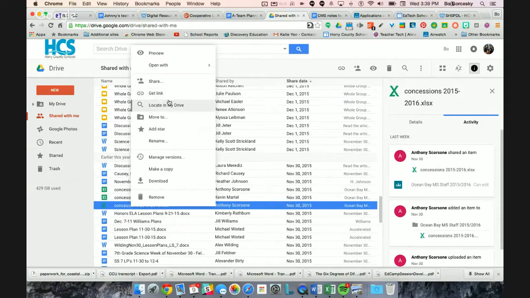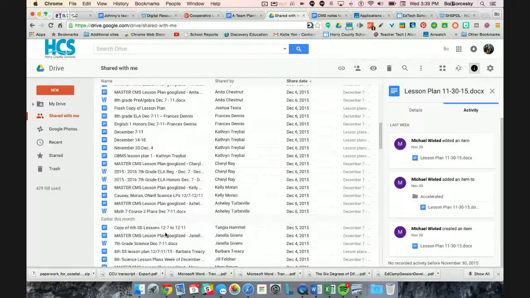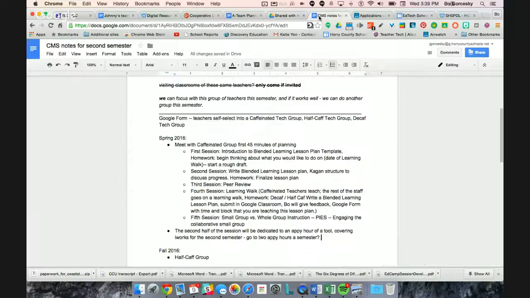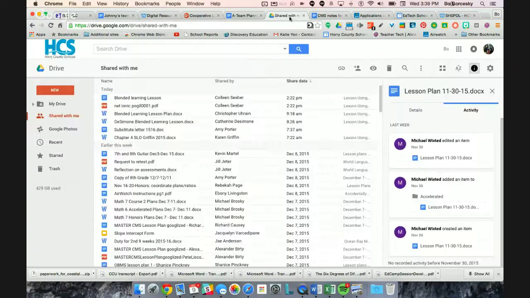Anyway, I would say add to my drive. Right now it's already in my drive, but in order for partner B to be able to use it, he has to add it to his drive first. So the file's been added to drive. Both students can now work on this file together. When they are done, students want to be able